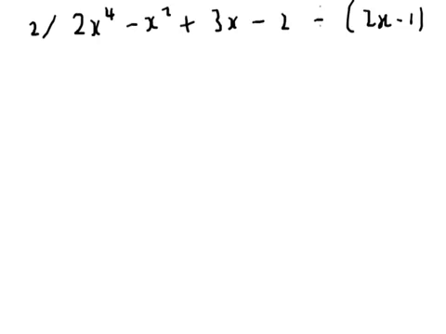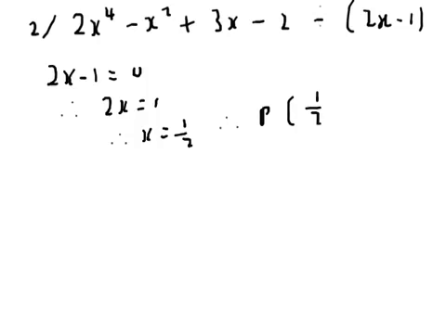Okay, here we have question 2. Now we're dividing, very much similar to question 1, a quartic polynomial by, again, a linear factor. If you're not sure what you need to substitute in for the remainder theorem, just set that linear factor equal to 0 and solve for x. That will lead us to x equals a half. So we need to substitute the value of a half into that expression. So p of a half